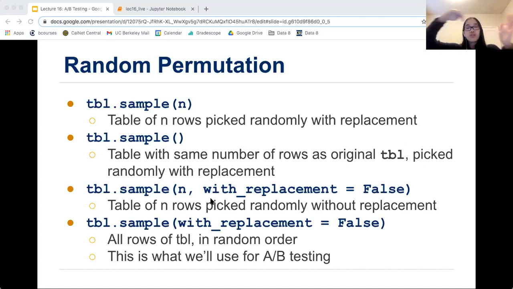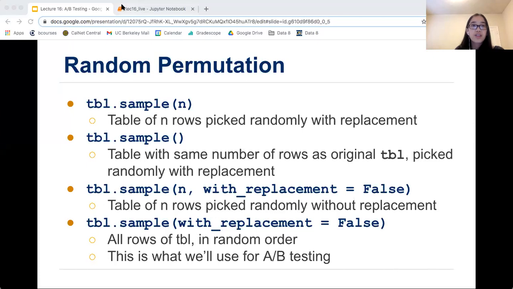You might start off with 1, 2, 3, 4, 5, 6, all the way up to 10, and then pick randomly and put them in a new order, like 6, 5, 7, 2, 1, etc. It's the same values, but in a different order.